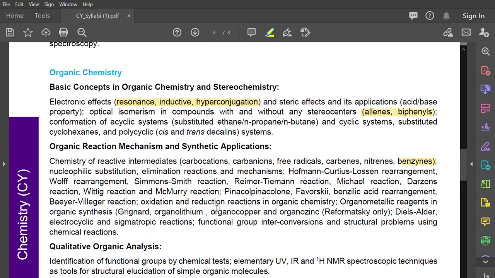combined questions using Grignard reagent, or any organolithium, organocopper, as it says over here, Reformatsky. Okay, these things are asked in combination with other reactions. So you will not get one single question on this. There will be at least one single question on Diels-Alder reaction in the first section itself, that is from questions 1 to 30. Okay, it might be electrocyclic reaction, or it might be a cycloaddition reaction. Okay, so these things are there.